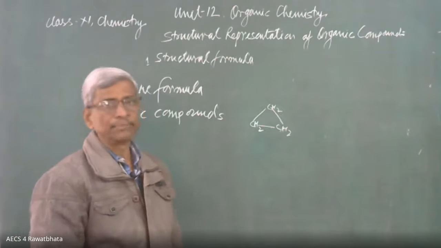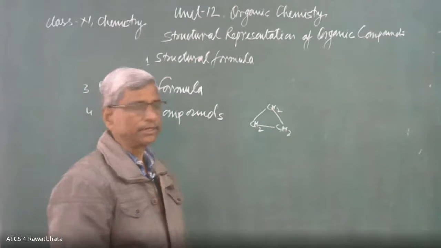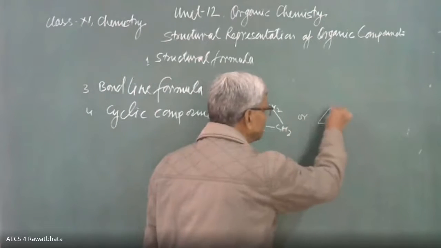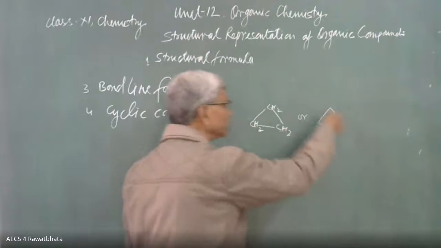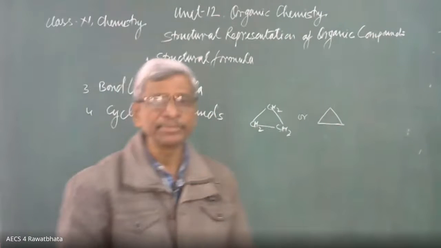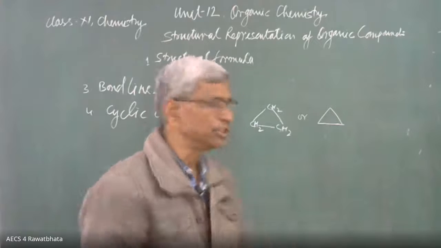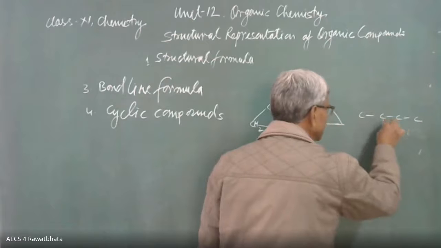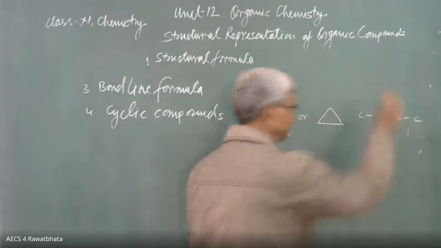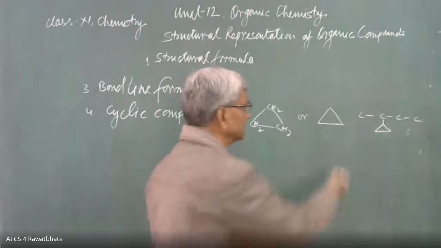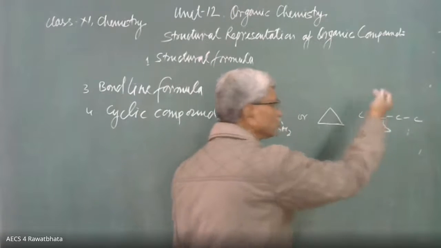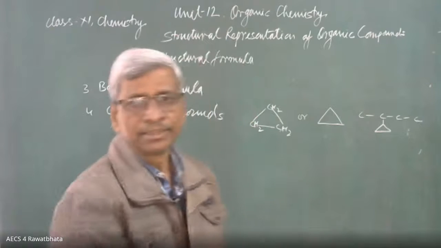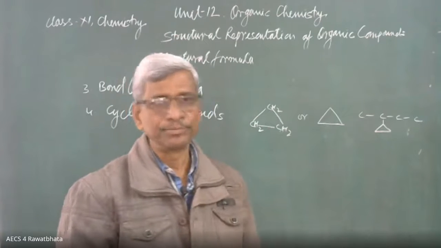Cyclopropane is the compound. It is a hydrocarbon only, a cyclic hydrocarbon, cyclopropane, or this can be written with the help of this triangle. This is the formula of cyclopropane in organic chemistry. If a carbon chain like this, 3, 4 carbon atoms in the chain, is connected with a triangle, this 3 carbon cycle is connected to the second carbon in this compound. So this is the cyclopropane, a cyclic compound.